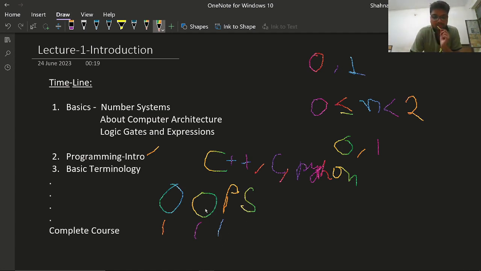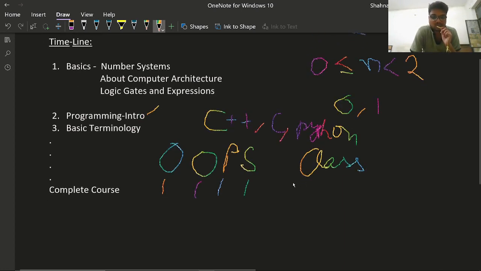Okay, so object oriented programming, and this stands for system. We will do object oriented programming systems. In object oriented programming we use the concept of class. That's why I said that Java is a pure object oriented programming language, because in the object oriented programming system we use the concept of class.